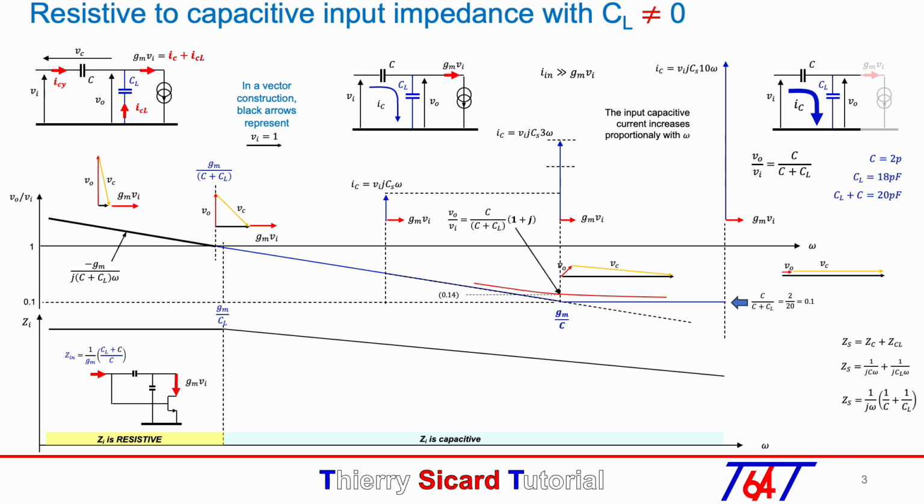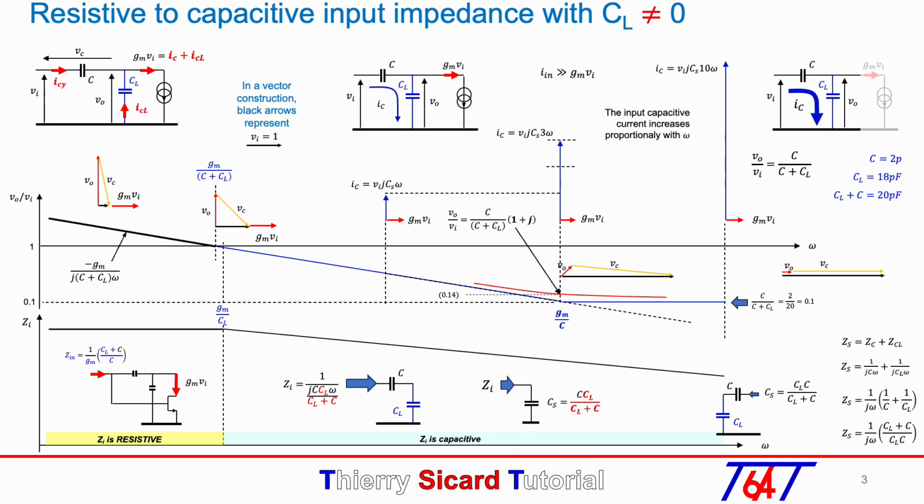The calculation details are done and give Cs equals Cl times C/(Cl plus C). At low frequency, the input impedance is capacitive due to the Miller effect and noted C times (Gm R plus 1). At high frequency, we can note the capacitance as C multiplied by the factor Cl/(Cl plus C), noted in red. The resistive impedance is noted with a yellow rectangle and the capacitive impedance is noted with a blue rectangle. The capacitive impedance has a slope of -1 because the impedance decreases when the frequency increases.